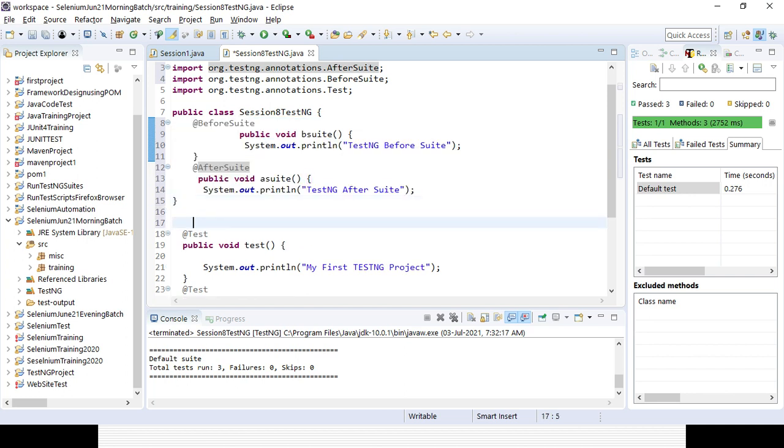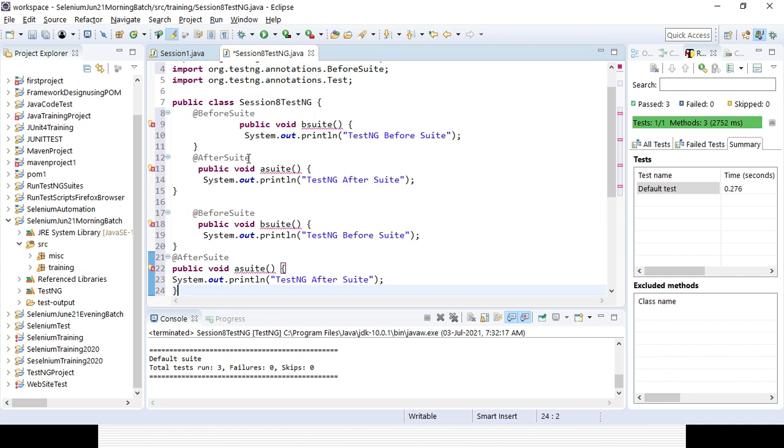before class, after class. So it will be beforeClass with the method name, TestNG BeforeClass, and after class.